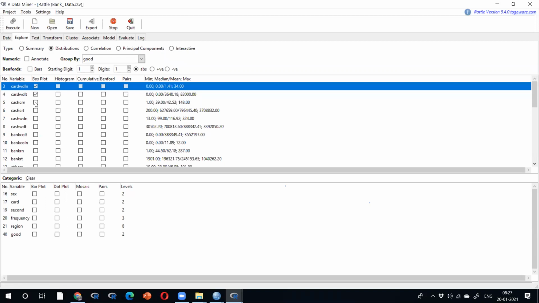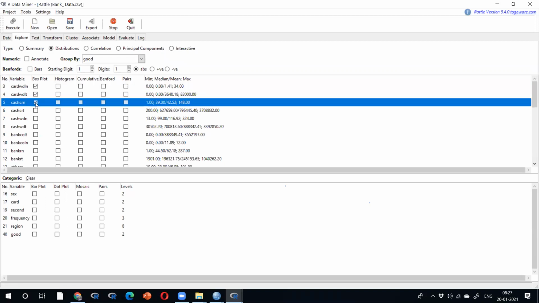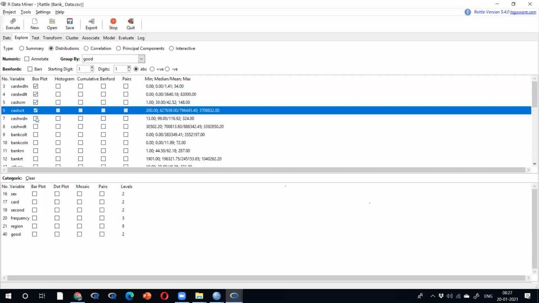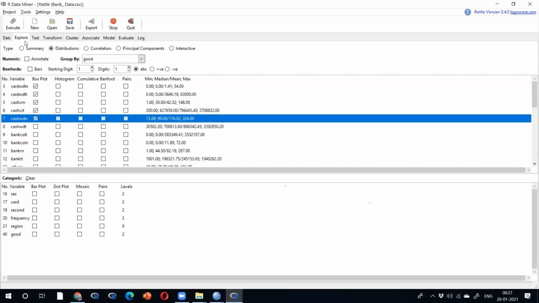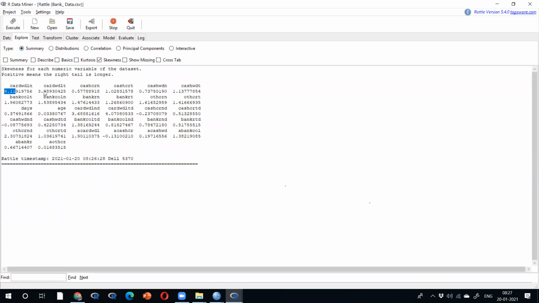At the same time, 1, 3, 4, 5. First variable, second variable, third variable, 4, 5, 6. I'm going to select 6 variables. First 2 variables are bad. Third one, fifth one is a good variable.